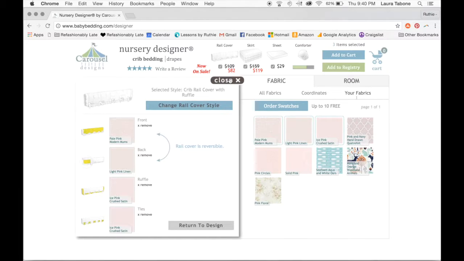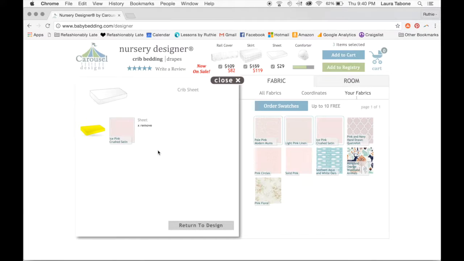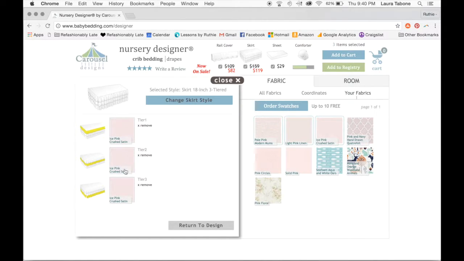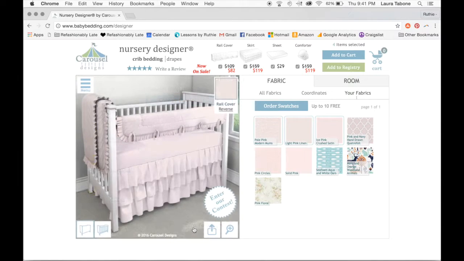So you can see if you click on each item if you have put everything in properly, okay? Can you return to the design? The crib sheet, as you can see, is just one pattern. Look at the 3 tiers. You can see which ones you put on which one. Alright, and then you can look at the comforter. As you can see, I didn't put anything for the ruffle, so let's go back. And you can either put it in here or you can put it in on the picture. Okay, so now you can see that I have